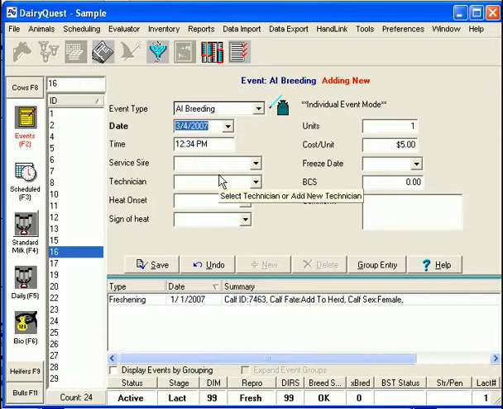Press the Enter key again. You can enter the time if you'd like. Next, we're going to enter in the service sire. Type in the number of the service sire, or the ID of the service sire,